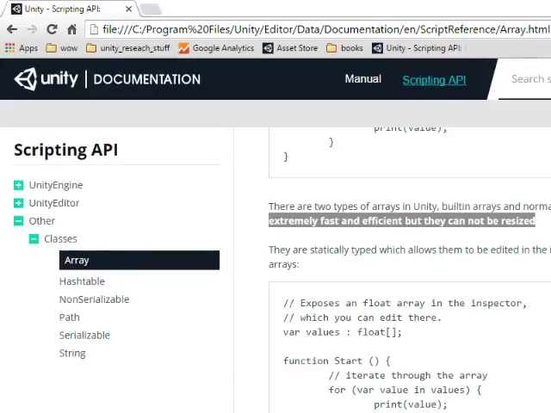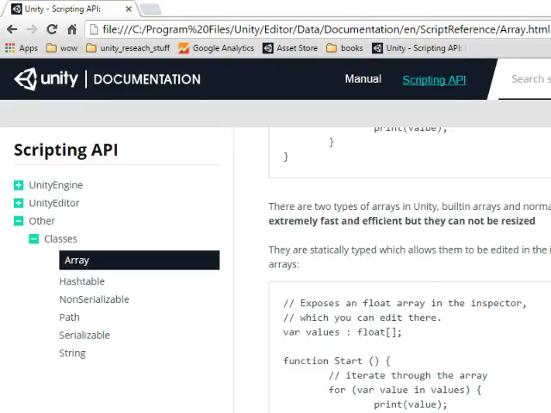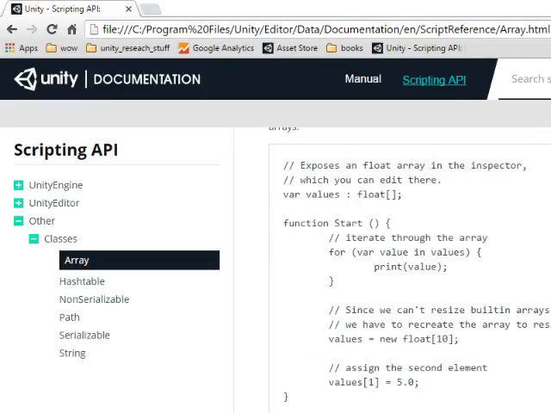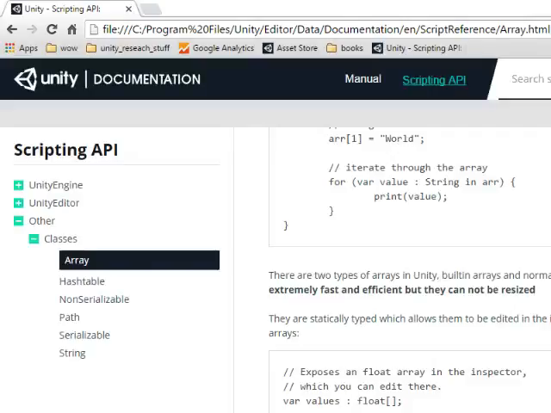Yeah, these are the ones that we have in C sharp that can't be resized at runtime. Yeah, kind of sucks, but that's the thing. Now, in I believe the Java, the